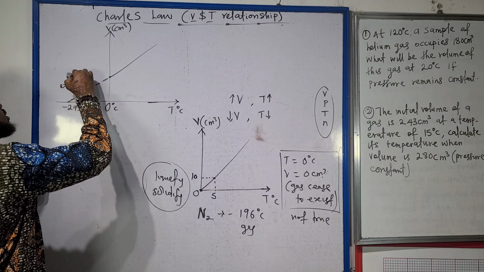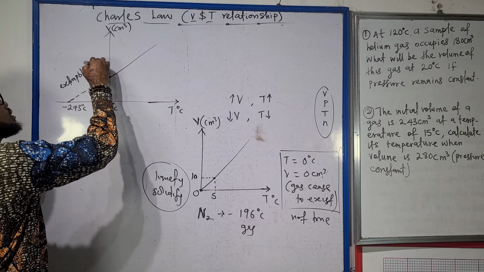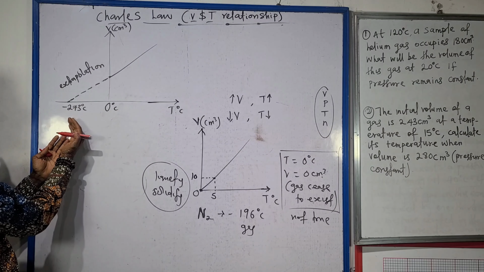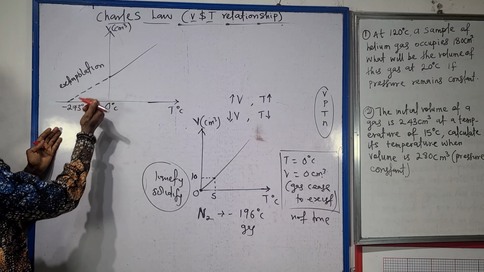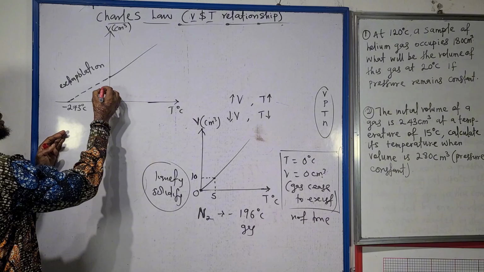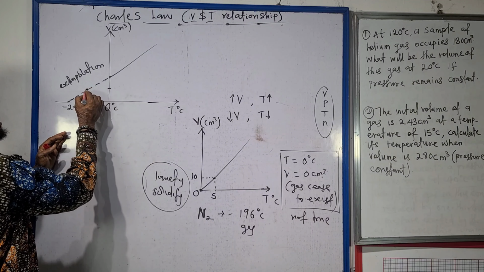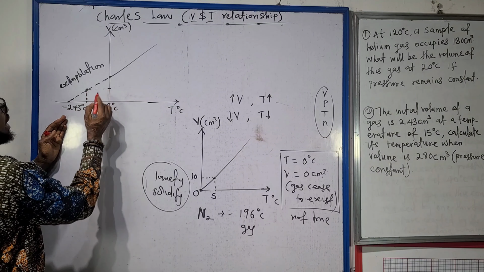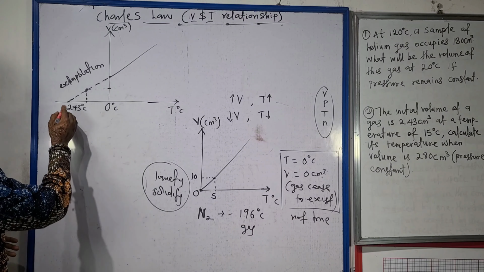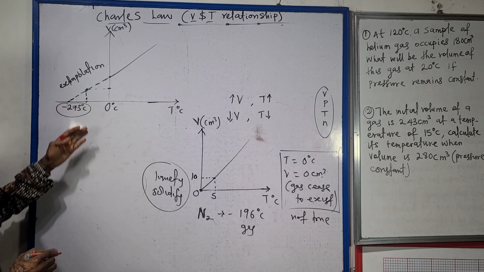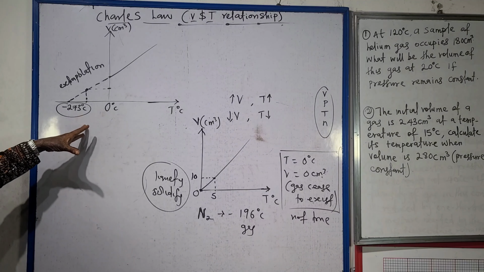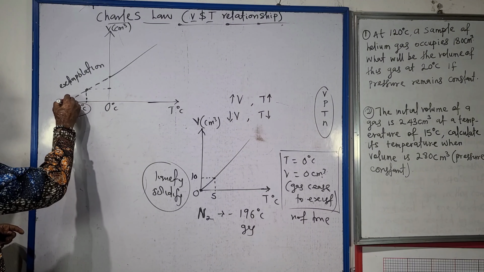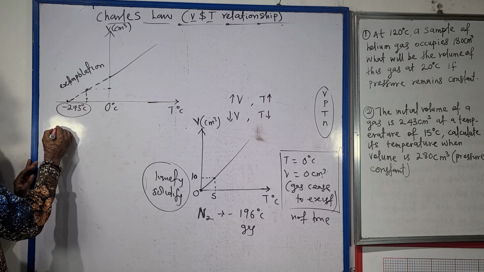You can see the extrapolation telling us that even when the temperature had fallen below 0 degrees Celsius, the gases still have volume. Take for instance, at a negative temperature, the gases still have volume. Of course, at least till about minus 273 degrees Celsius, it is at this point that the gas ceases to exist, and this temperature is what we call our